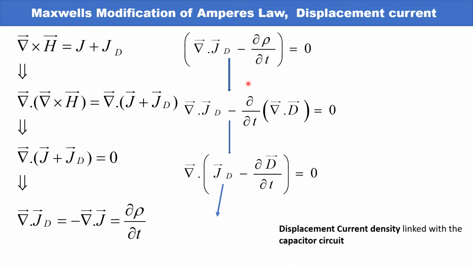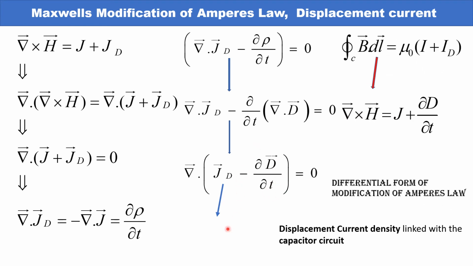Now this rho we can equate from Maxwell's first equation, divergence of D is equal to rho. We take it from Maxwell's first equation of electrostatics, Gauss law of electrostatics. So what are the prerequisites? The prerequisites are the equation of continuity we used and Maxwell's first equation. Following this we get divergence of JD minus del D del t, where D means epsilon 0 times electric field, which is proportional to the electric field. So practically this is the time rate of change of electric field. What do we get?